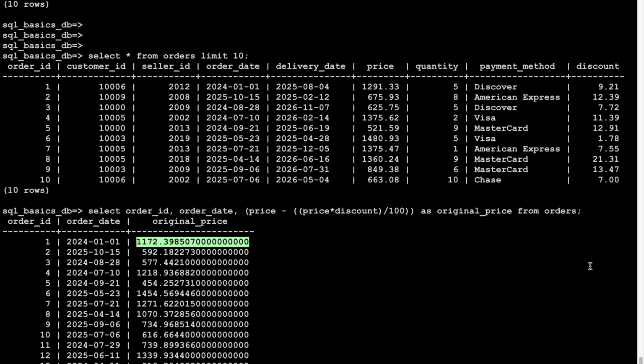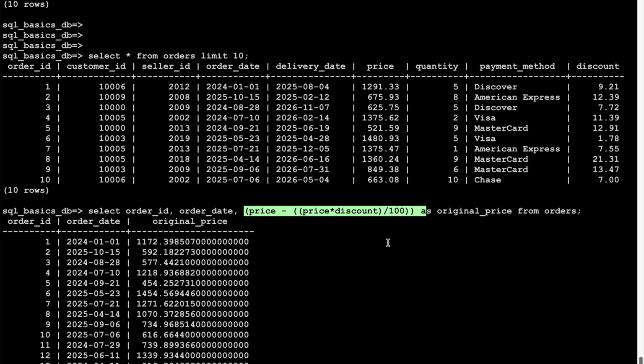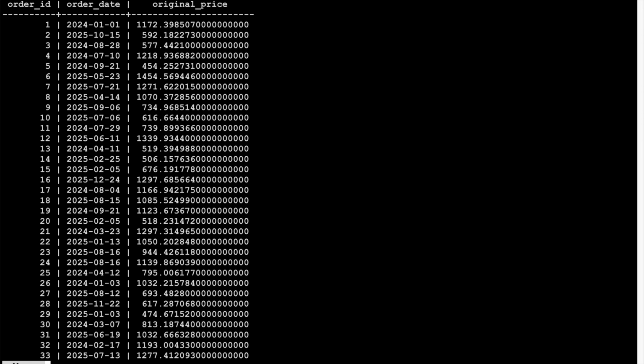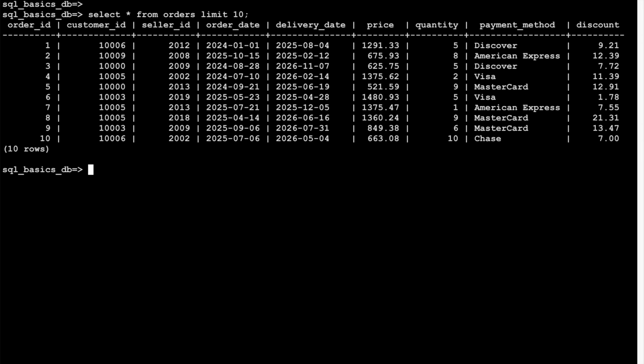So here the discount is not applied, but when you show the order invoice to the customer, you have to show the discounted price, which is this one. And if you are using SQL statement, you'll have to use statements like this or mathematical functions like this to find this out. All right, now few other functions, let's say absolute, and I want to find out the absolute